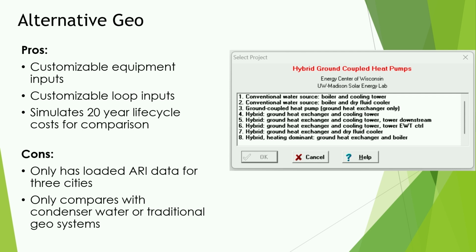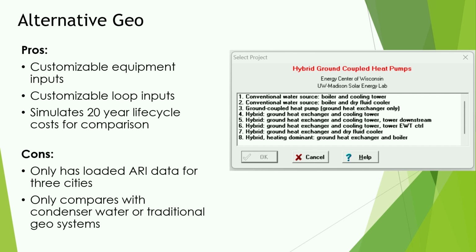Even if you just have a small space for your field and can't get the full field in there, do a hybrid, right? You can still do GEO. There's always an option, or almost always an option, right? So the pro is it's still very customizable. You can do customized loop inputs on it as well. That's fantastic. It'll kick out a 20-year simulation, life cycle cost, energy consumption for hybrid, for traditional GEO or for